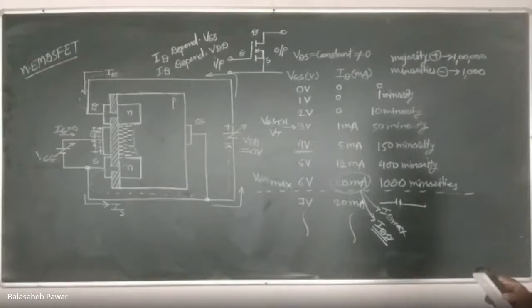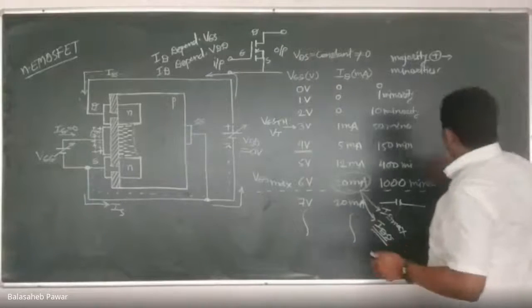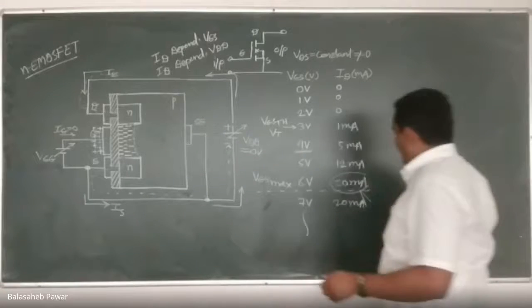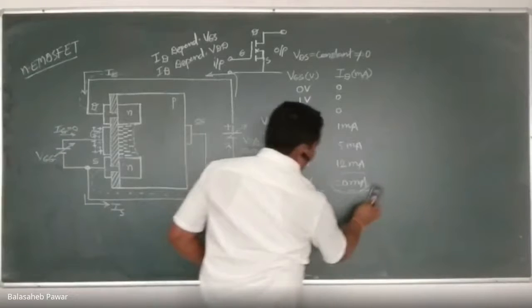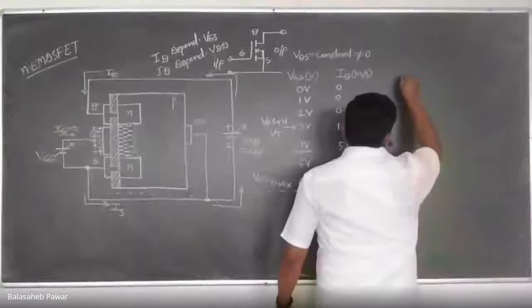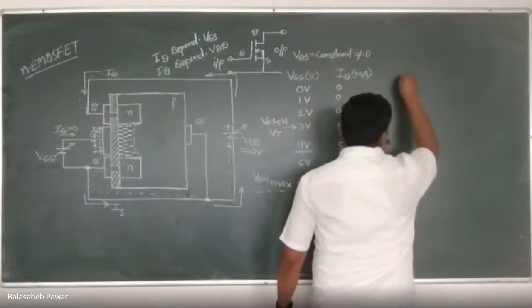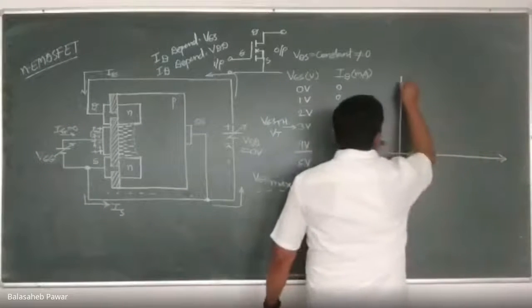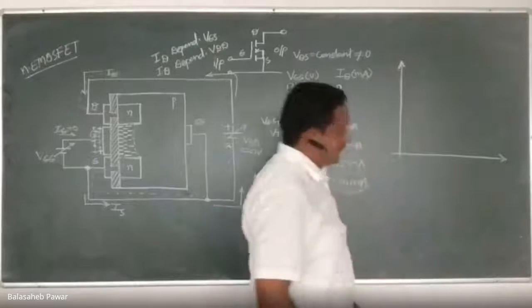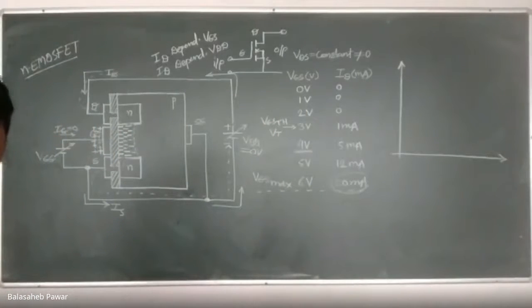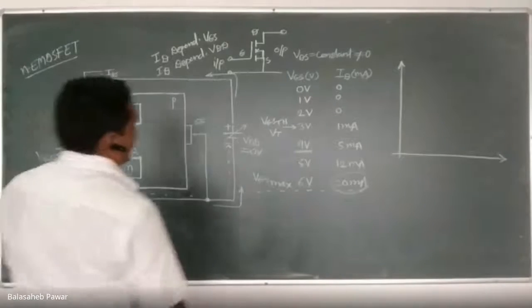Done? Yes, sir. Okay. Now I will remove this, and whatever discussion we've done, we will try to plot it graphically. I will plot a graph between dependent and independent parameter. I will select the first quadrant to plot the same. What we have to do? We have to plot whatever we discussed.